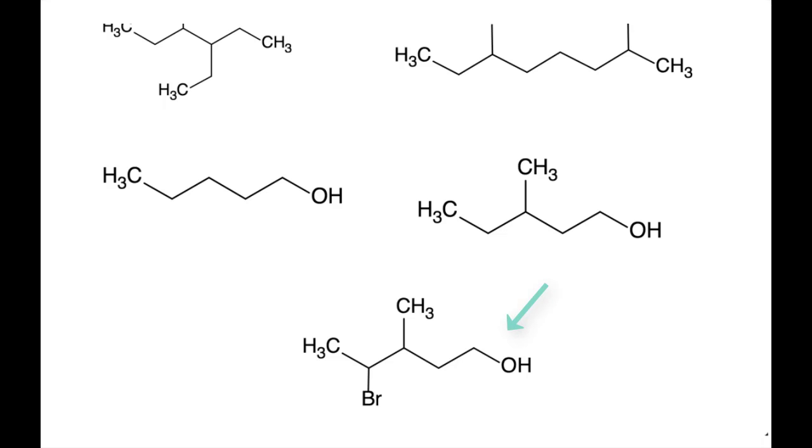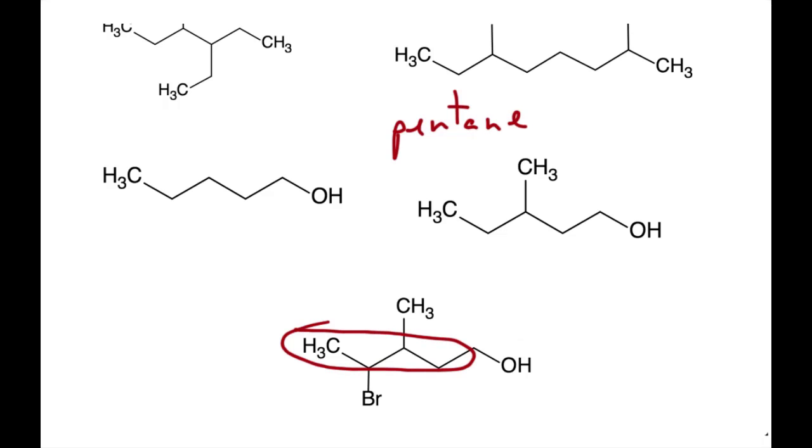And now we'll try the molecule at the bottom of the page. We have a few different substituents on it. So if we go through our longest carbon chain, we got 1, 2, 3, 4, 5. Again, this is based off of pentane. But now if we go through, we see that we've got 3 different substituents essentially hanging off the base chain pentane group. The highest priority is the alcohol, so we can label this as 1, 2, 3, 4, 5,